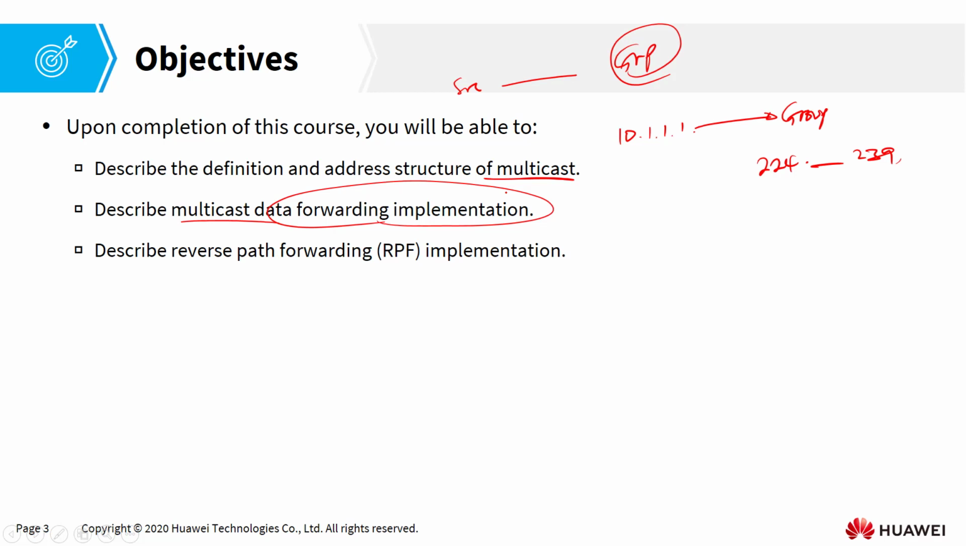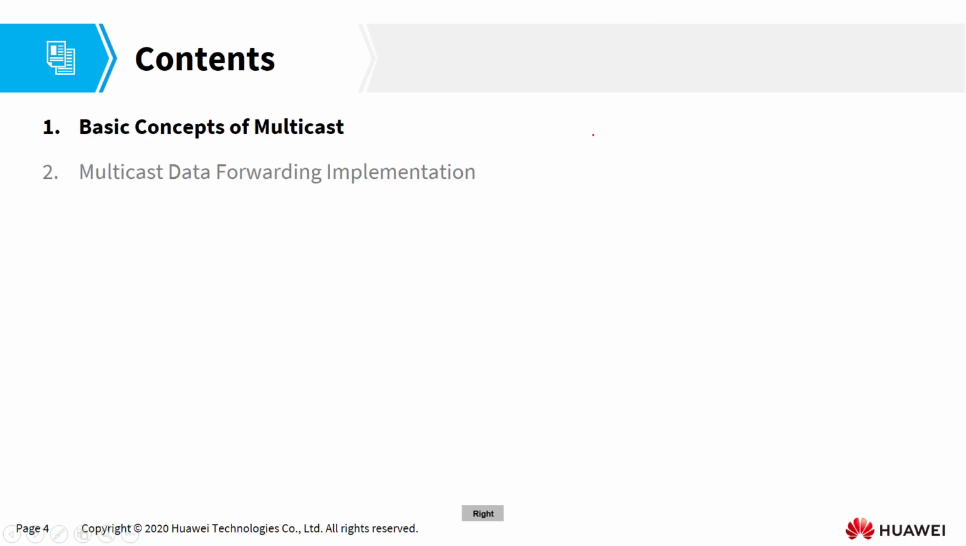We'll also be able to describe the reverse path forwarding implementation. Why is it necessary? How exactly is it done? And what is its importance? I'm going to break down this chapter into two subsections. First is the basic concepts of multicasts, and after understanding the basic concepts of multicasts, we shall talk about the multicast data forwarding implementation. This is where we shall talk about the concepts of reverse path forwarding and also multicast